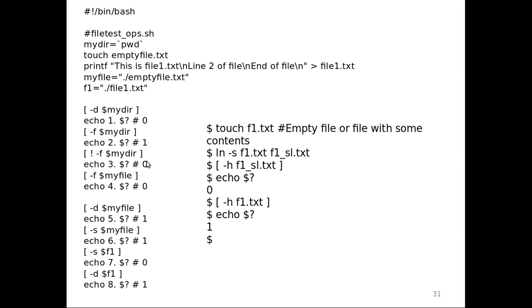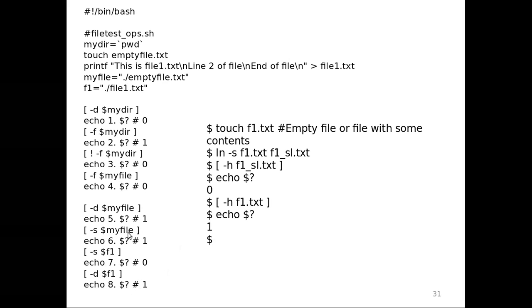This is a file, and this is the negation of this, so 0 is true. Okay, so this is a file, not a directory, so the negation, it is not a file, yes true, 0. And my file is the empty file, yes this is true. And we are checking the size also, minus s f1. F1 is nothing but file1.txt, which contains the data. And if you are checking the empty file, then it will contain no contents, that you can check.